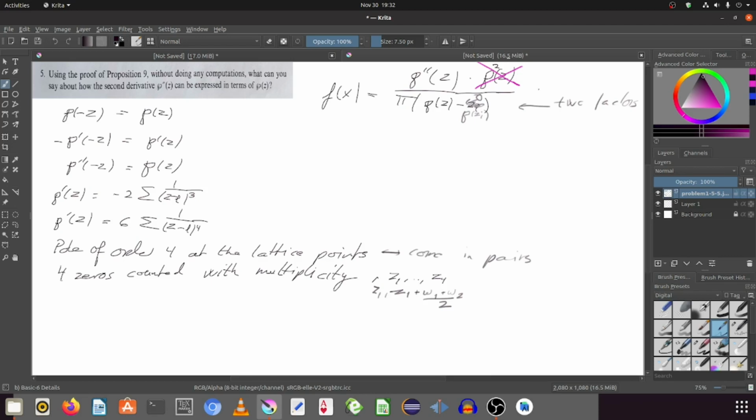So that means that this is constantly equal to 6. So that means that the second derivative equals 6 times